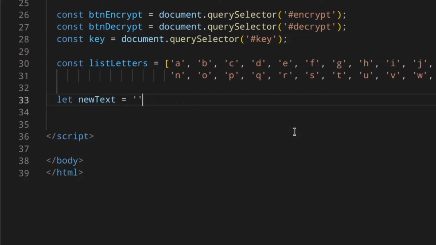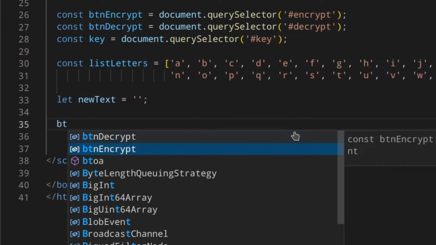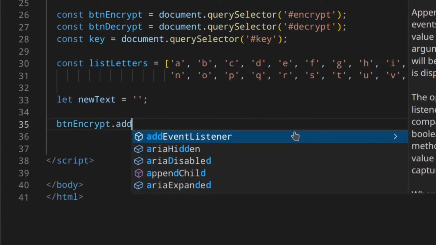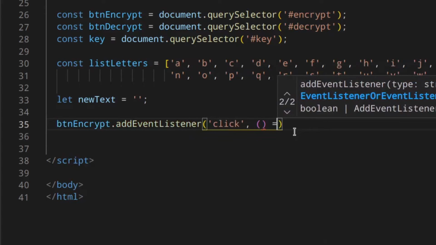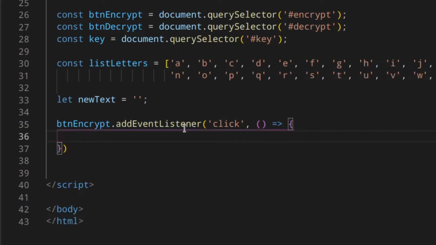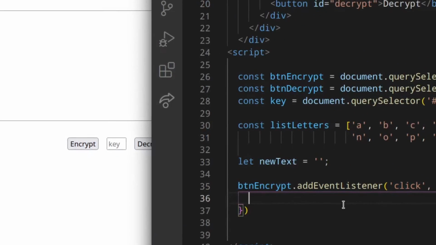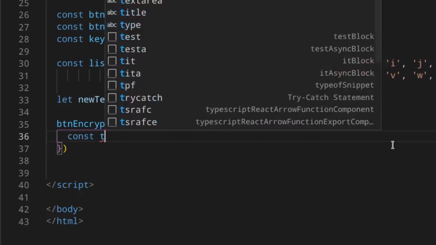is equal to an empty string. Then we're going to set it to the new text. Then button decrypt, I'm gonna add an event listener. Now I'm using an arrow function. Okay, so this event triggers when you click the encrypt button. Okay, and when I click the encrypt button, I want to first get the text